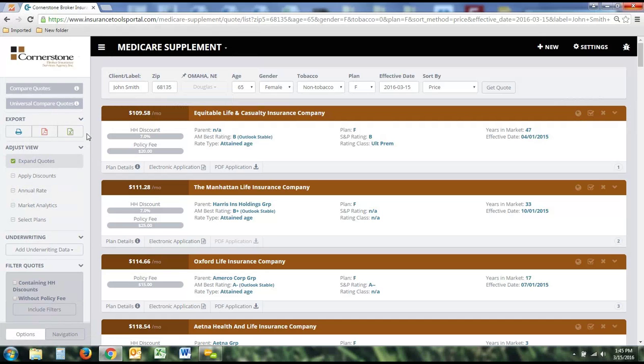Below that there is the export features. We allow you to print, export to PDF, and export to Excel. The printing button is essentially going to put it in a printer-friendly format, as well as strip out all the colors, so you're not using all your ink. It'll make it printer-friendly and be able to print a nice, neat form. The PDF button here will export exactly what you're looking at here below to the PDF. And this is if you wanted to save it to your computer, if you wanted more of a professional print-off with the color included into it, or you were going to email the quotes to somebody, you could use that